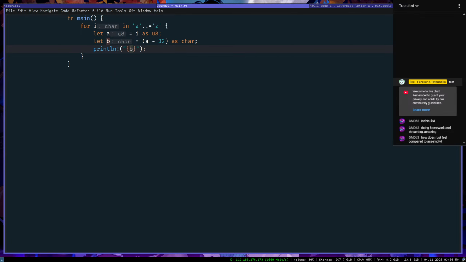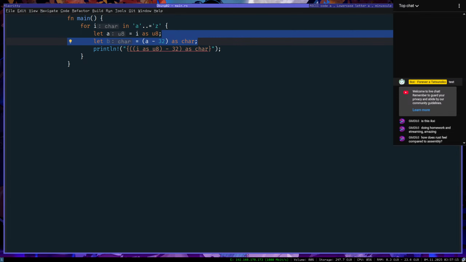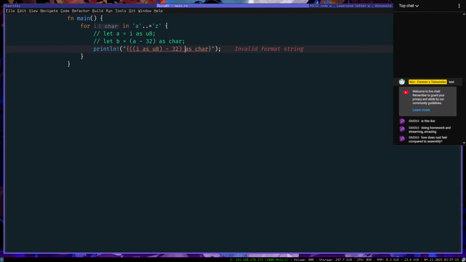Okay, now can I just do this on one line? i as u8 minus 32 as char. Then just comment out these lines. Invalid string format.